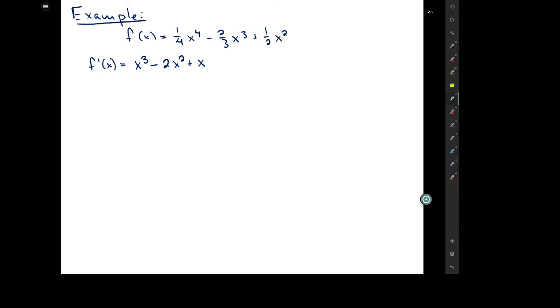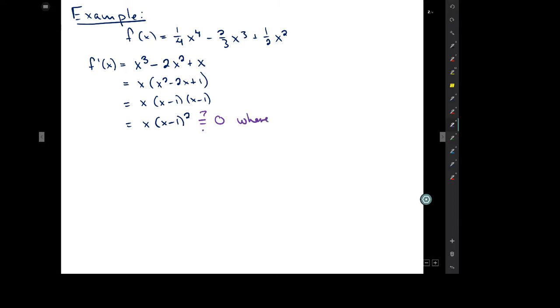Now I look at this and I say, what can I do with that? Well, I could factor it. I could pull an x out of everything. And then I have that quadratic that I could factor into x minus 1 times x minus 1, and I'm going to rewrite that as x times x minus 1 squared. And now the question that I want to ask is, where is this equal to 0? Because this is going to enable me to determine